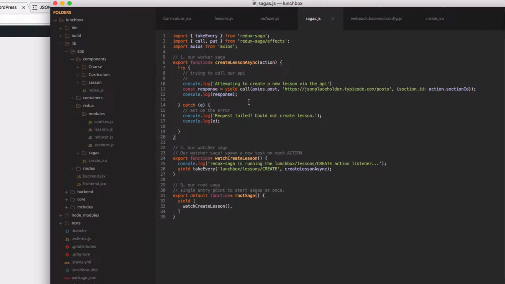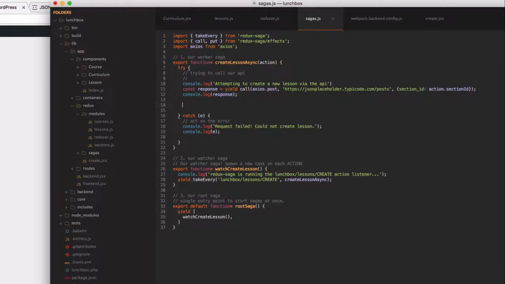back to the store. So let me give you an example here, and we're going to go into our worker saga, and again, we are using this generator function, so we can actually return multiple responses when this function is recalled multiple times. So for the second time that this function is called, we are going to yield this put method. Again, what put does is dispatch an action with some of the information from your payload,